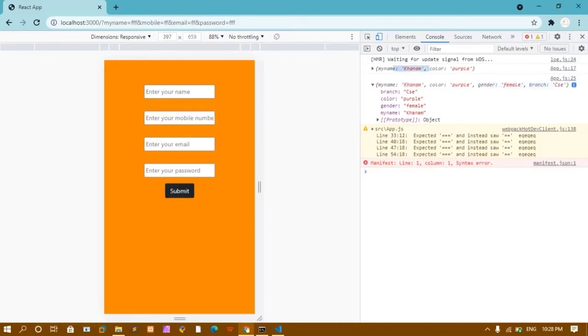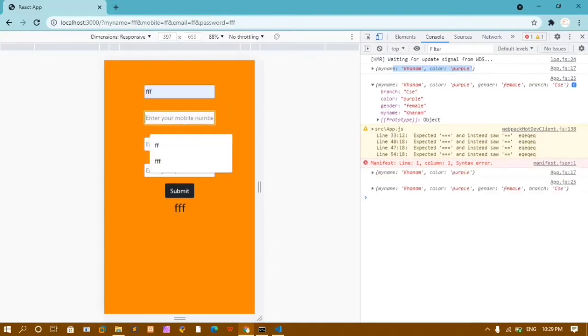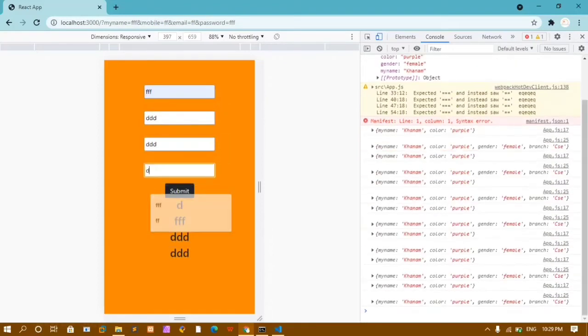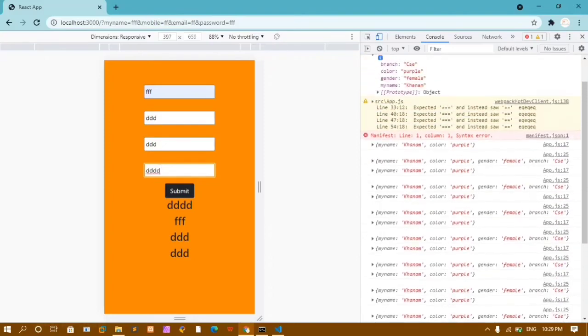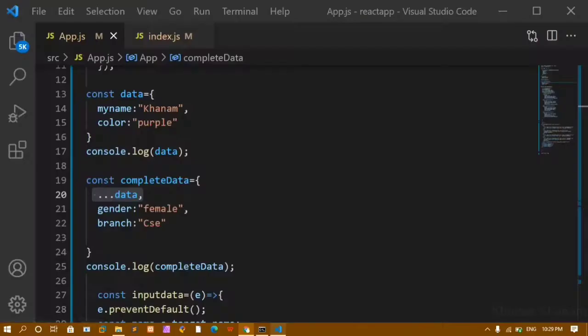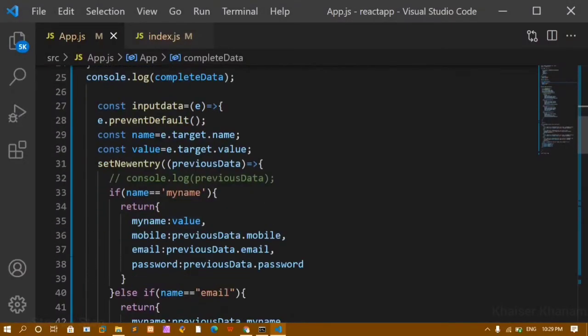And for the first object I am having only these 2 properties. This is how we are going to use the spread operator, and we are going to access all the previous data here. In this example we have already seen whenever I type something, it's going to type here. And here I am having this data, and the entire data will be stored inside that previous parameter. We have already created this, and that will be stored there.